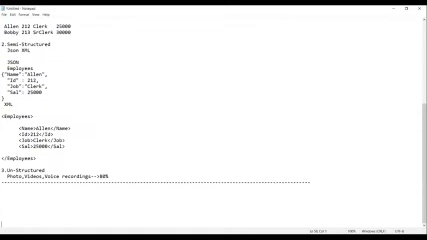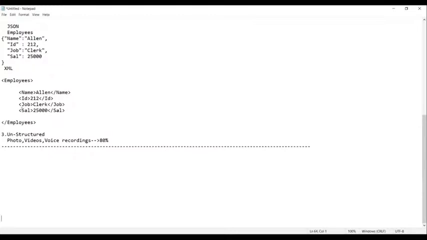We have the following storages in Azure.